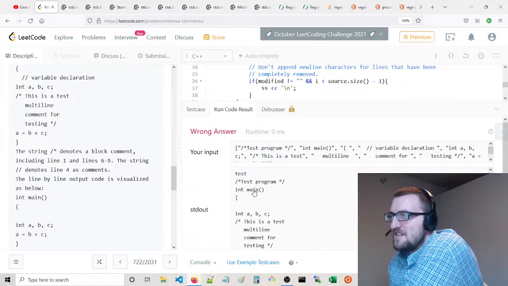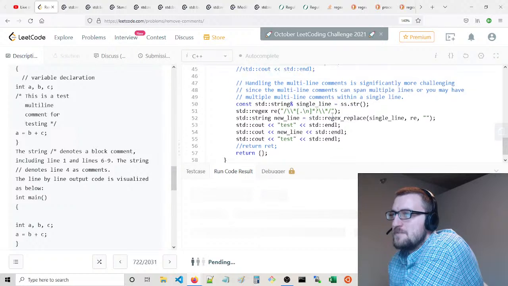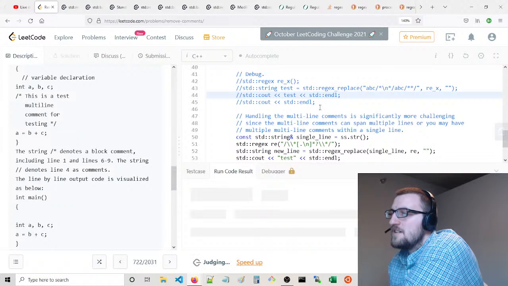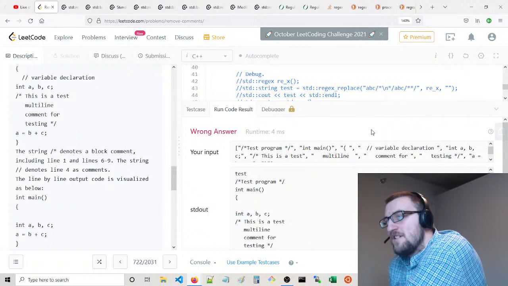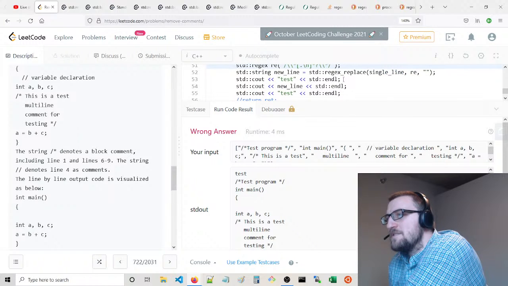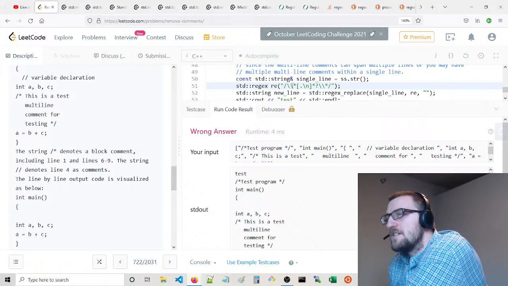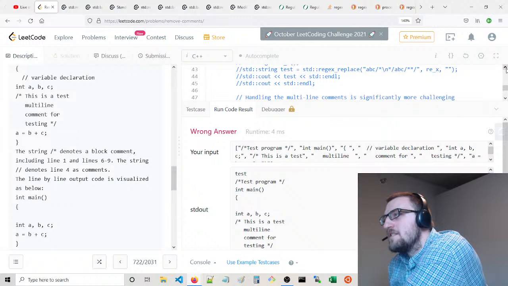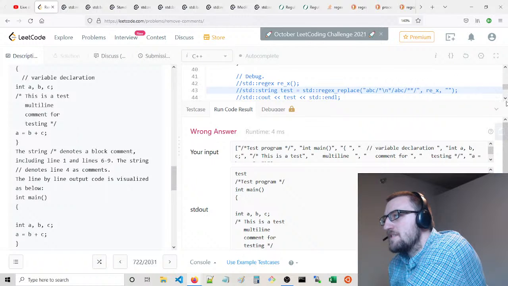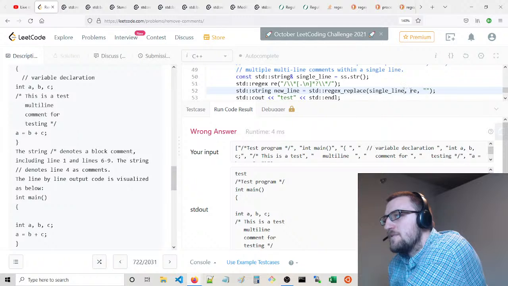This was working just a moment ago. Maybe because I hit, I don't know. What's going on, man? What is happening? I don't understand at all. It works in this case, but it doesn't work in this case. What is going on?